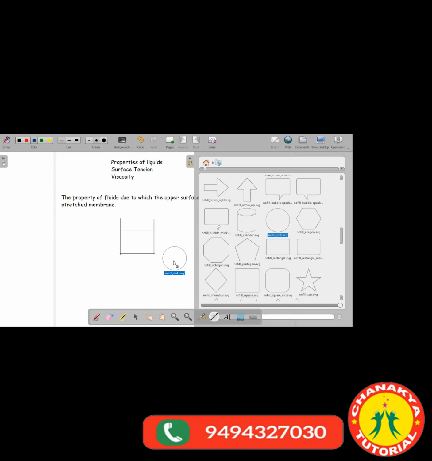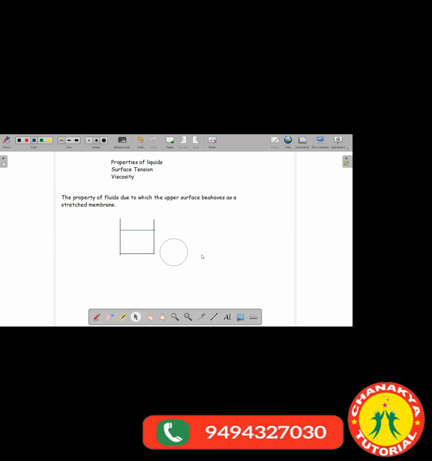Okay. So you take an air bubble. Now what happens in the air bubble? This air bubble is made up of a very thin layer of water molecules. So the water molecules are there just on the surface. So here the question comes: why is a bubble spherical in shape? Why can a bubble not have any other shape? Why does it try to have a spherical shape only,